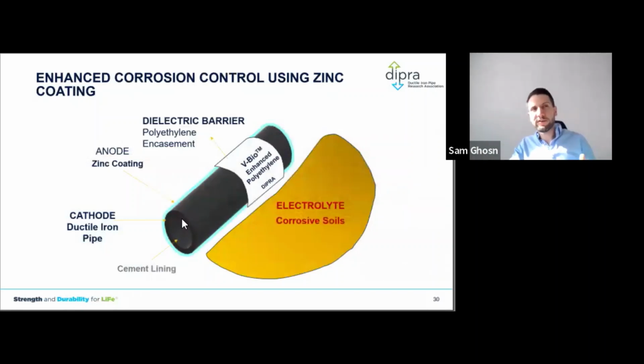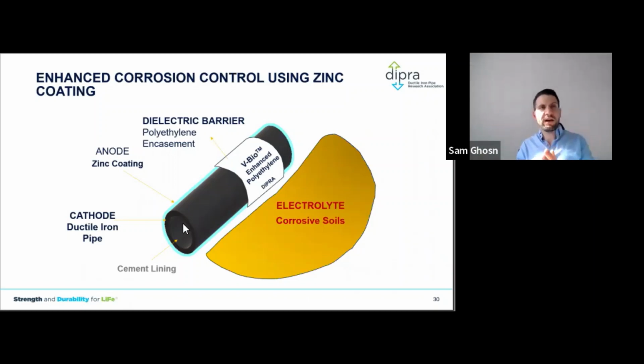And the question would always come, can I use it with polyethylene encasement or without it? You should use it with polyethylene encasement, because that's how you extend the life of an anode. If you protect that anode on the pipe, and you protect the pipe, you're extending the life of that anode. So in areas where the soil is extremely corrosive to iron, it's a high risk environment where the main is very critical, there are many variables where we could consider zinc coating with polyethylene encasement.